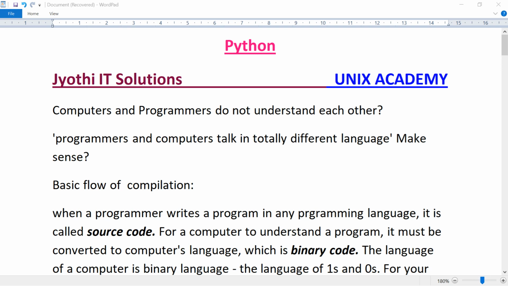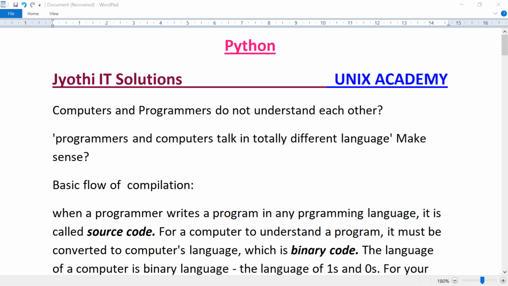I am going to explain the Python introduction. First of all, who should learn Python? If you are a CBSE student, you have Python in your syllabus. Python is a subject in your syllabus. You can learn Python. If you are a fresher to the IT field, you can start your career with the Python programming language. Or if you have 8 years of experience in IT, you can learn Python.